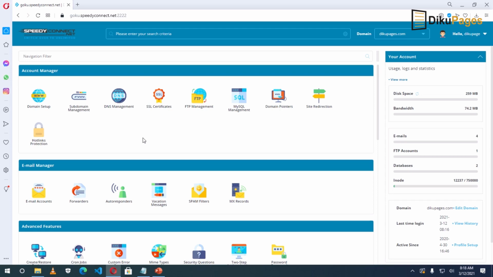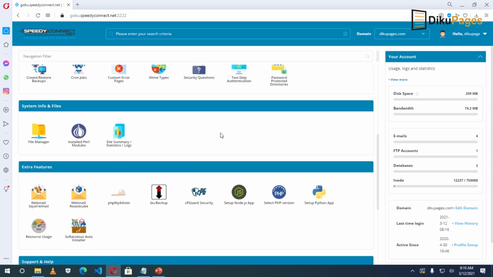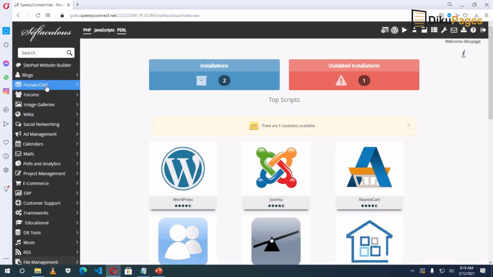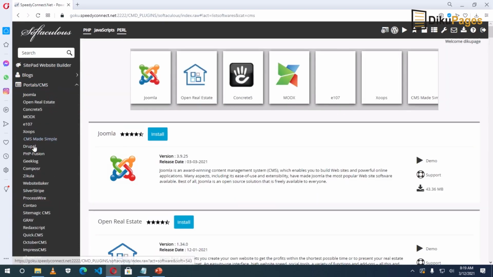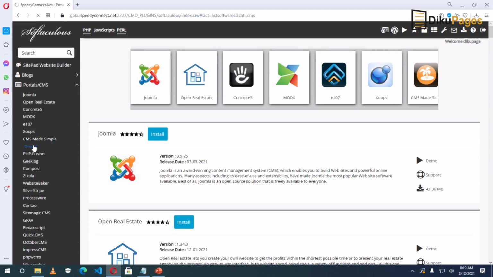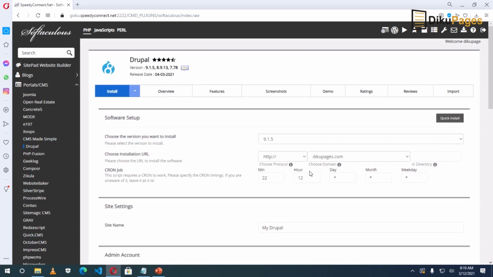That said, let's get started. So I'll scroll down to Extra Features. And then I'll click on Softaculous Auto Installer. Then I go to Portal/CMS. Then I choose Drupal. Install now. This is the current version of Drupal